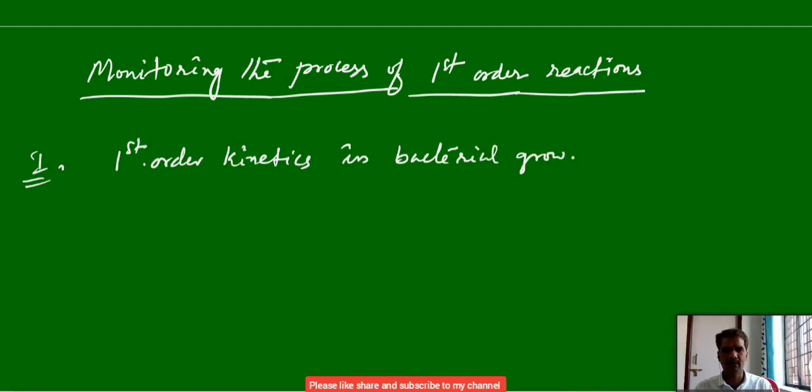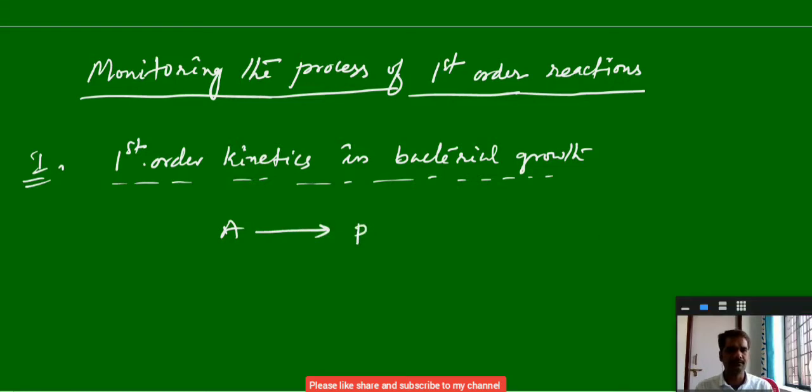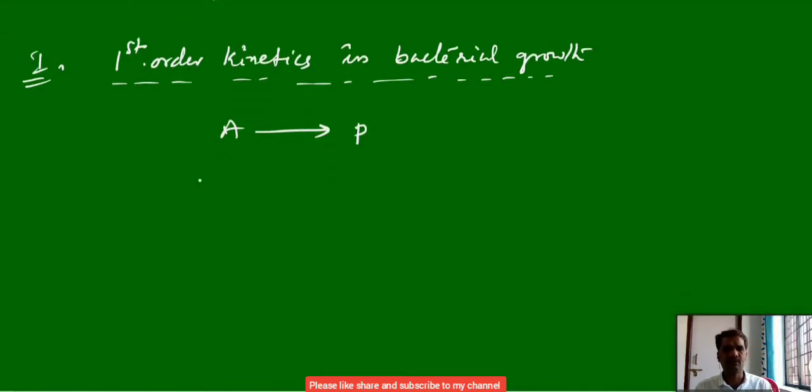Generally, if bacterial growth reactions come under first order reactions, then we can write the integrated rate equation for that. Let us take one equation: A gives rise to product. Here A is the bacterial growth. Let us assume at t equal to 0 we have some concentration of bacteria, A. And here, so far we have discussed reactions where the initial concentration of the reactant will decrease with time. As the time increases, the initial concentration decreases.